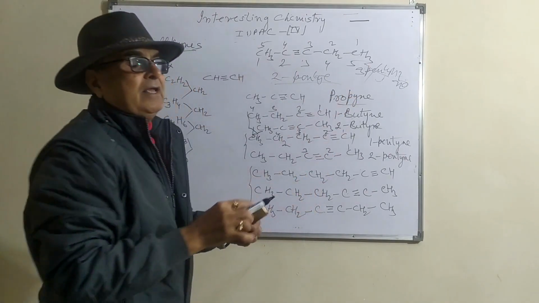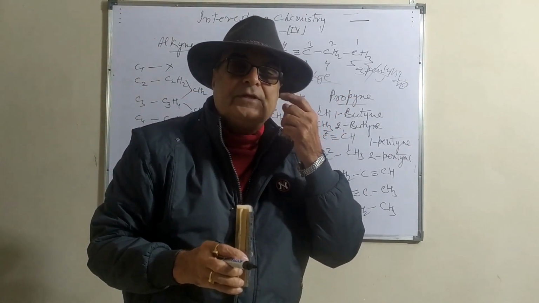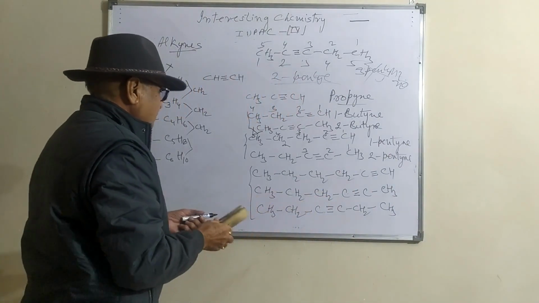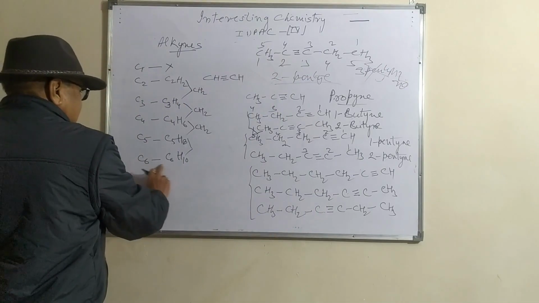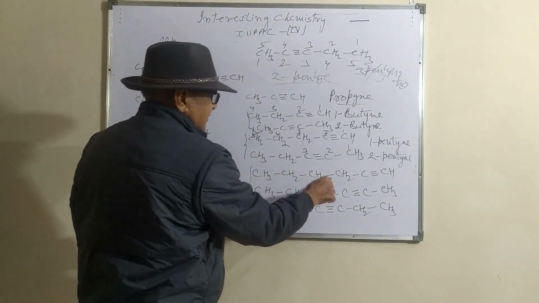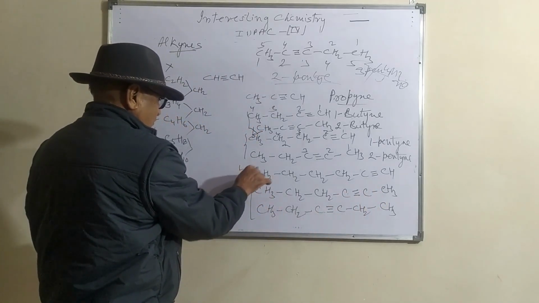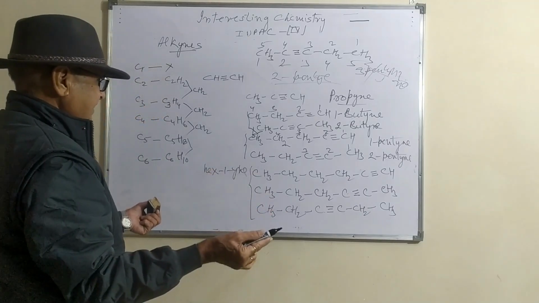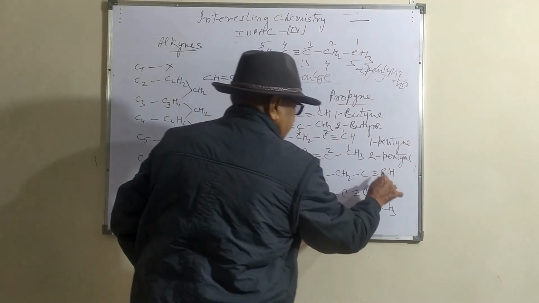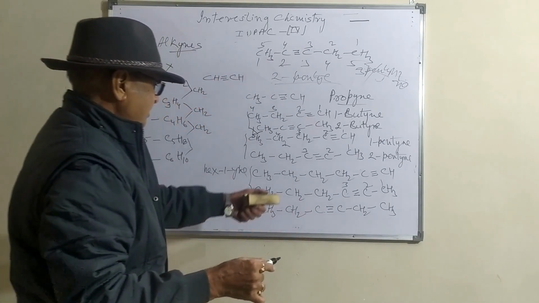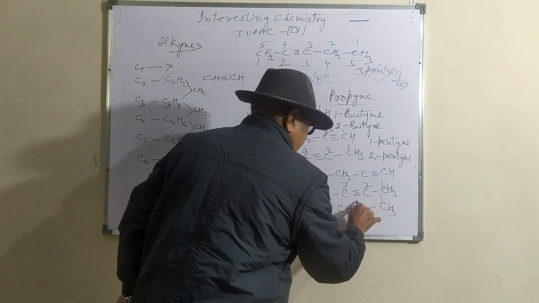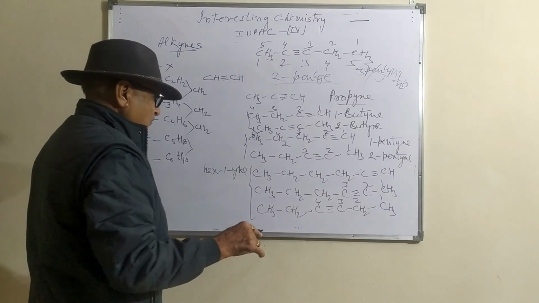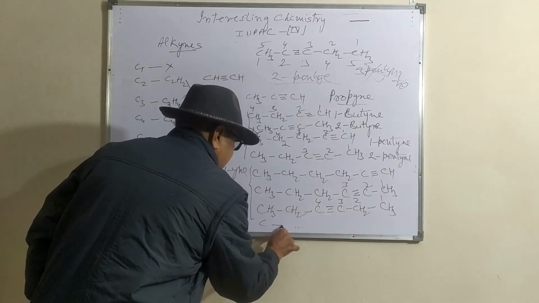So in this case you should understand that the triple bond should be given the lowest number in the longest chain. The triple bond is always the priority in alkynes. So again come to the point. Hexyne, this is CH3, CH2, CH2. This is 1-hexyne. You can write it in this way, all 1-hexyne. The numbering starts from here: 1, 2, 3. This is 2-hexyne, and this one, this will be 2, 3, 4. This will be 3-hexyne,